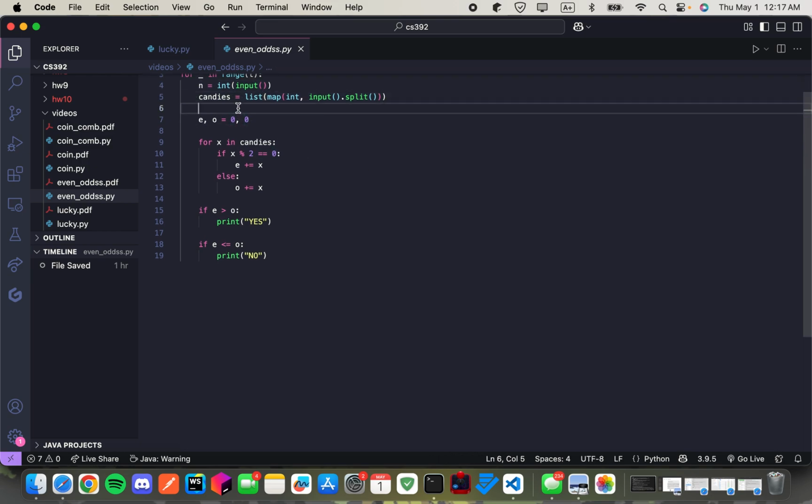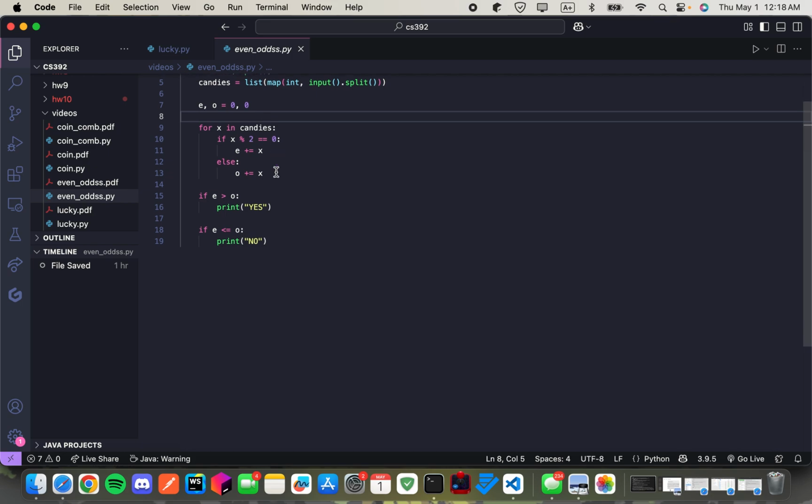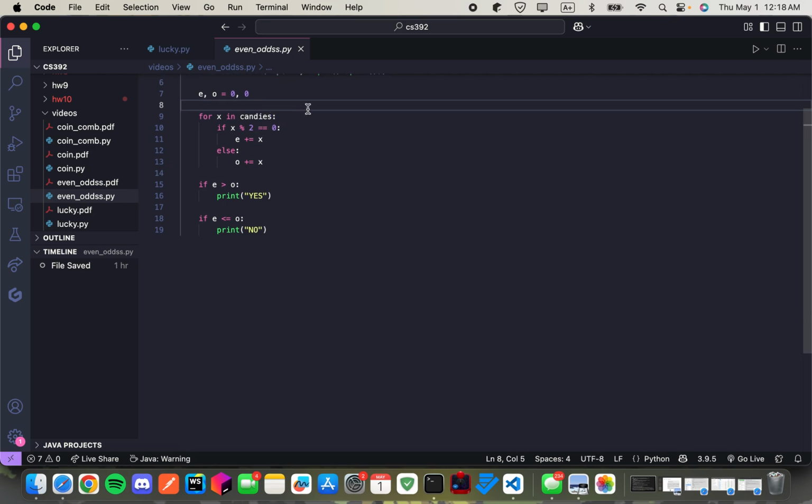Now we can set two accumulator variables, e and o: e for evens, o for the odds, and then we iterate through each number in candies. If it's even, we accumulate it to the e variable. Else, we accumulate it to the odd variable.